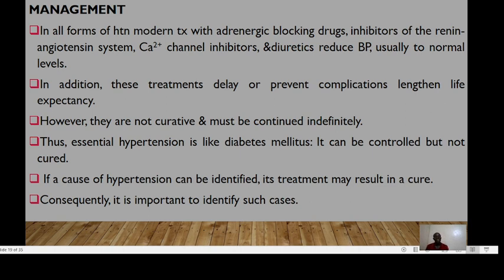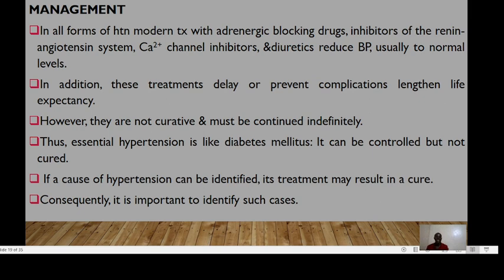Okay, so remember, in all forms of hypertension, modern treatment with adrenergic blocking drugs, inhibitors of the renin-angiotensin system, calcium channel inhibitors, and diuretics will reduce the BP usually to normal levels. In addition, with this treatment, delay or prevention of complications also lengthens life expectancy. Remember, we said hypertension is capable of reducing the life expectancy of someone by 10 to 20 years, which is so